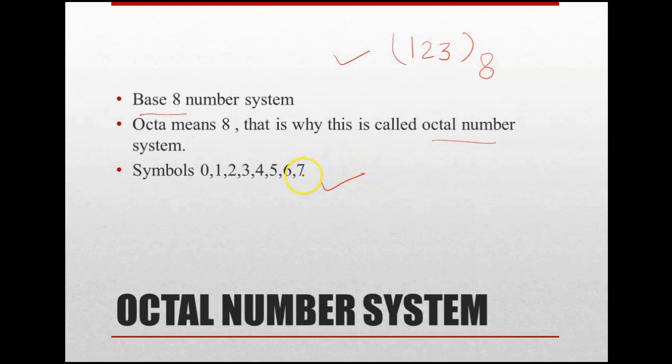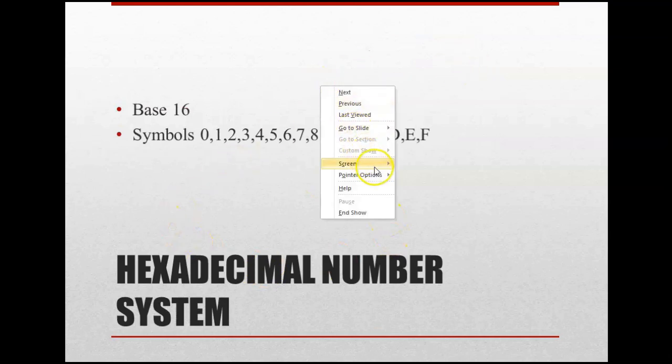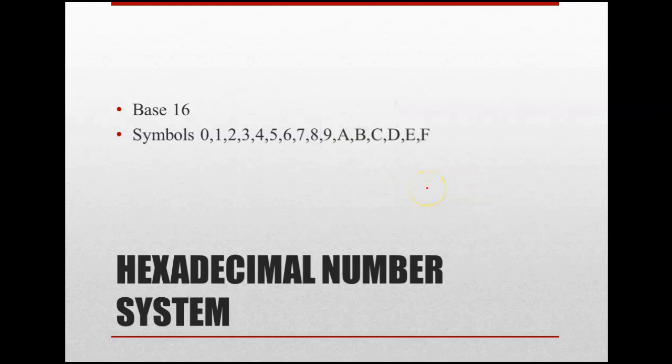So what we covered till now: the decimal number system, which is from 0 to 9, base value 10. The binary number system, which is 0 and 1, base value 2. And the octal number system, in which we use total 8 symbols from 0 to 7. Next to that, we have the hexadecimal number system. In the hexadecimal number system, we have total 16 symbols. The base value for this is 16. So if any number like A123 is given with base 16, this is a hexadecimal number. In total, you could use 16 symbols in this, from 0 to 9. So 0 to 9 are total 10 symbols.